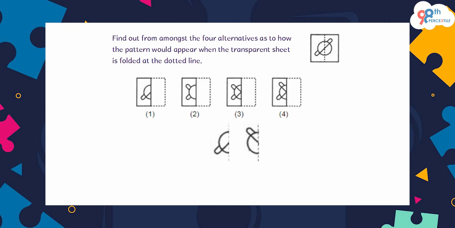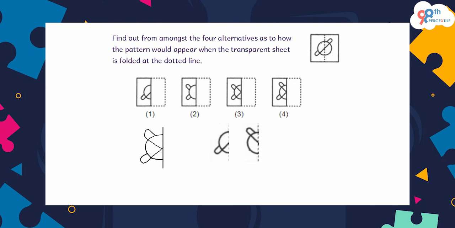So I'll get a straight line where I have folded the sheet, and after that I'm going to get a semicircle. So both these semicircles will overlap each other because I'm folding this sheet from the middle. So both the circular ends will overlap each other. But when I'm talking about these lines, this specific pattern will appear like this, and the pattern at the right end will appear something like this.